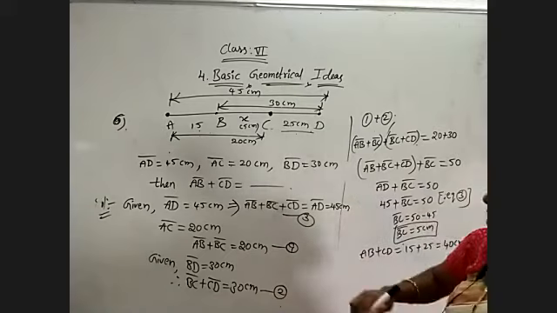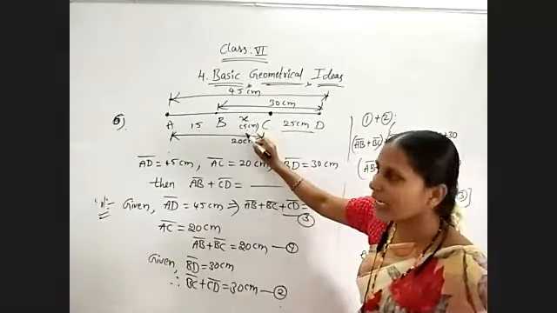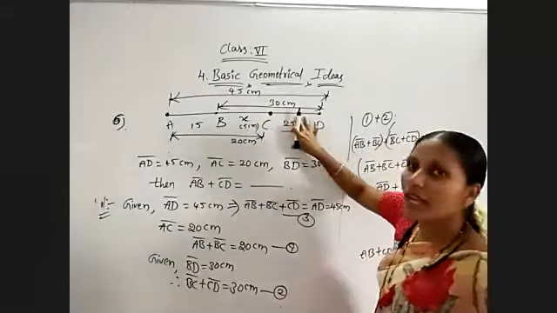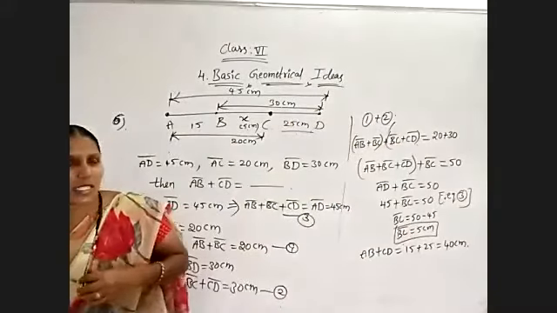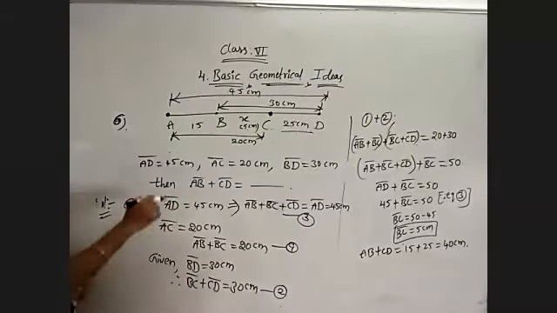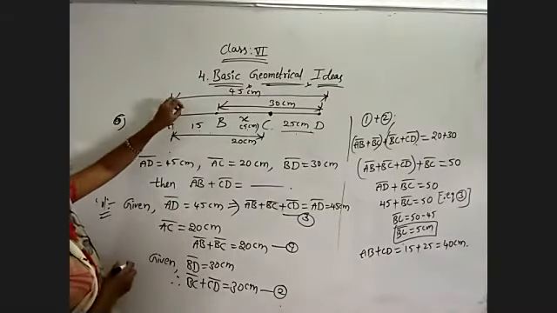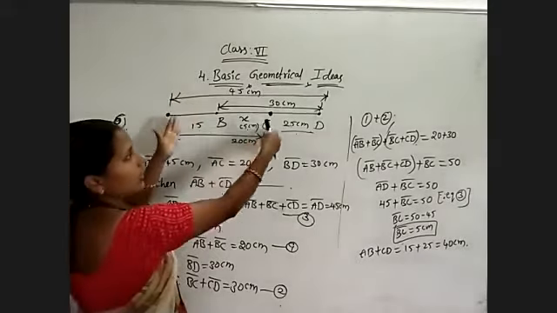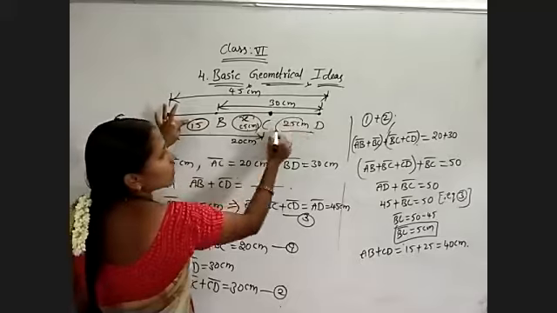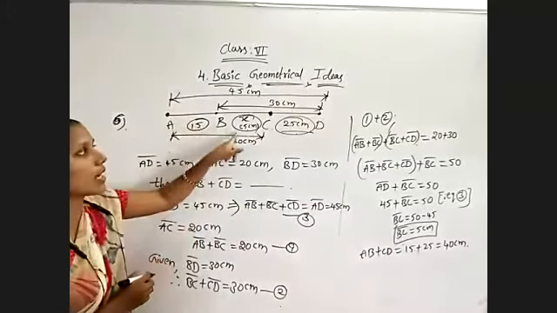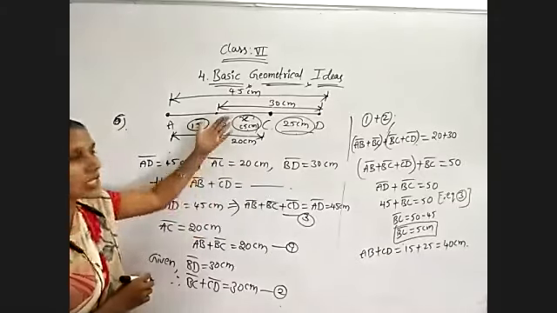So what we did, first of all, BC is a common value. If we find that common length, then we are able to find this part and this part. For that sake, don't confuse. This is a very simple question. From the given relations, we need to bring out whatever unknown value is there. Here they have given the total length from here to here, and here to here, but we don't know the separate lengths. So first we need to find out the separate lengths of AB, BC, CD.